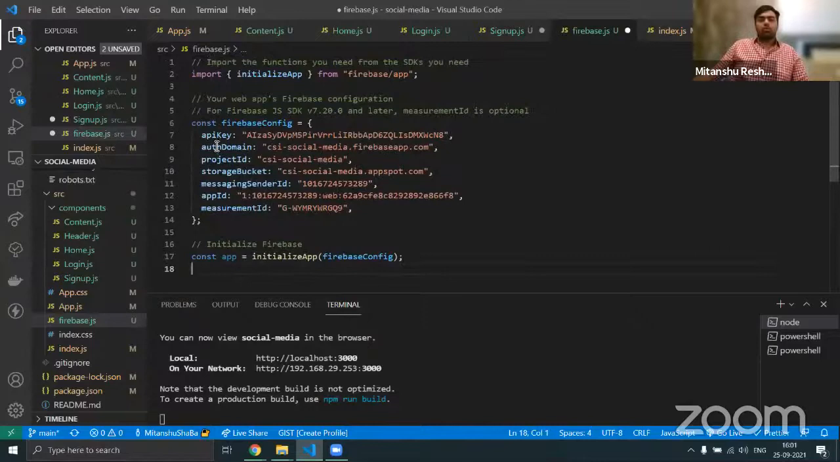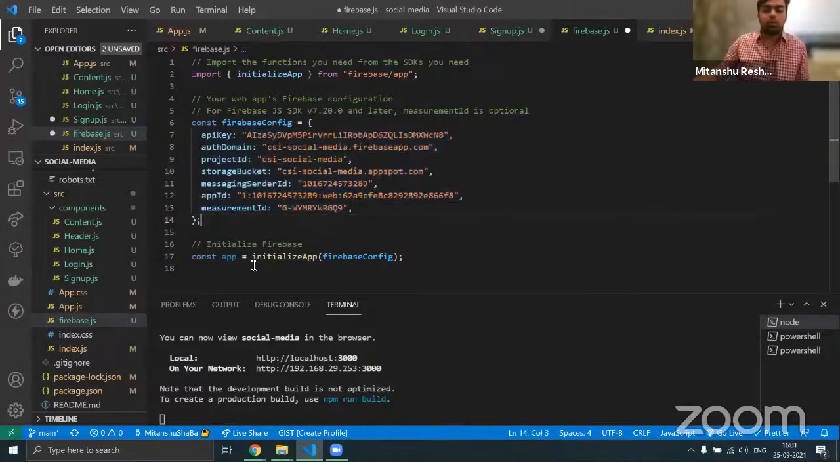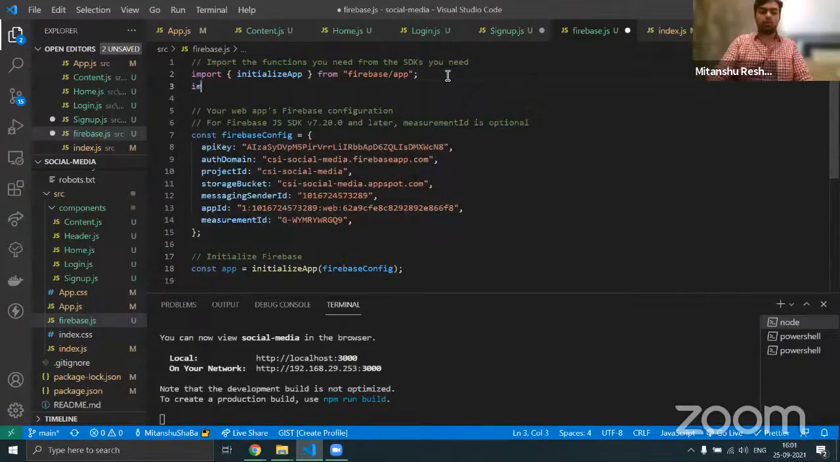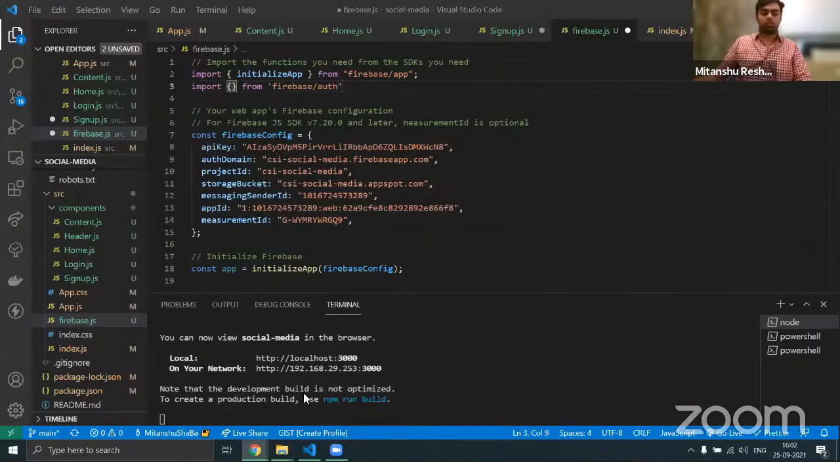Using this config, these are our API keys and everything. You should usually keep this secret using environment variables, but for this tutorial purpose, we're just keeping it over here. And we are going to initialize an app. Next, we need to import from firebase slash auth. From that we are going to be importing something called the application name is going to be